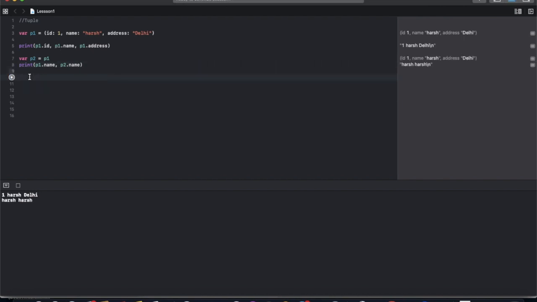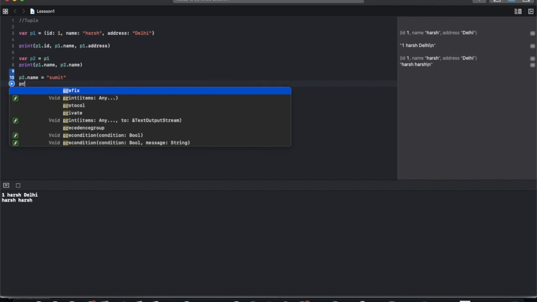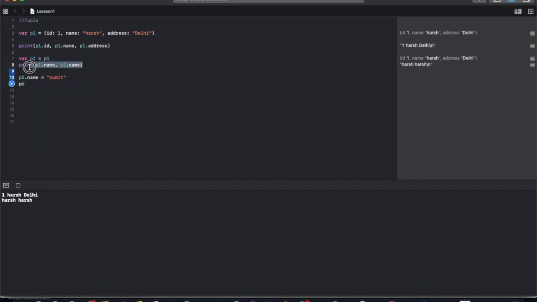Now we change the value of p2: name of p2 is Sumit. Now we print again. I just paste it, and we can see only the second value is changed, not the first one.